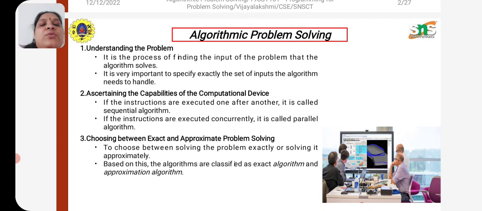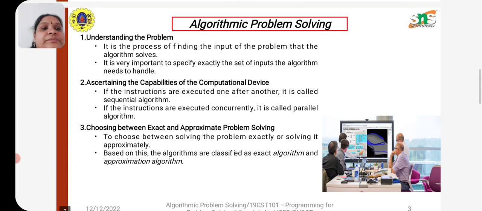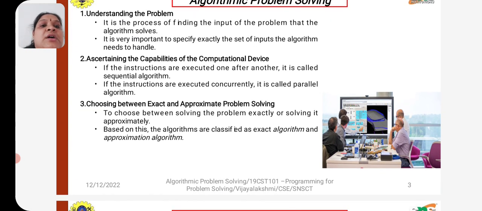We already know how the problem can be understood. You have to define this. In this step, you are just going to define a problem, like what all the prior input we need. It is very important to specify exactly the set of inputs to the algorithm, and what are all the techniques